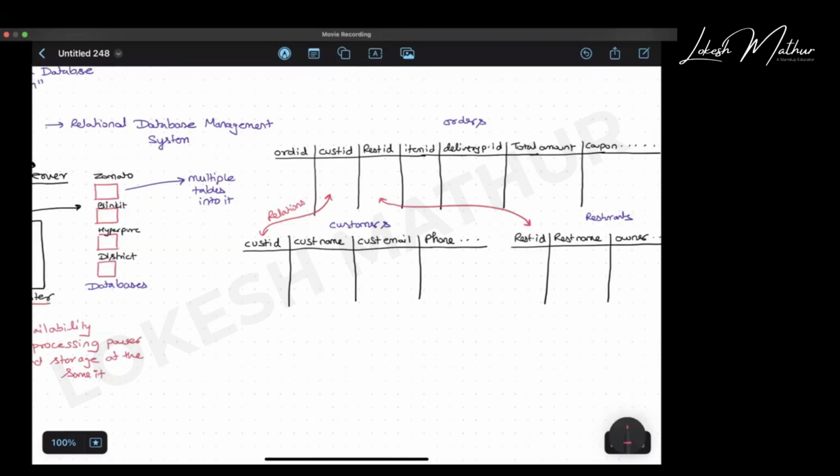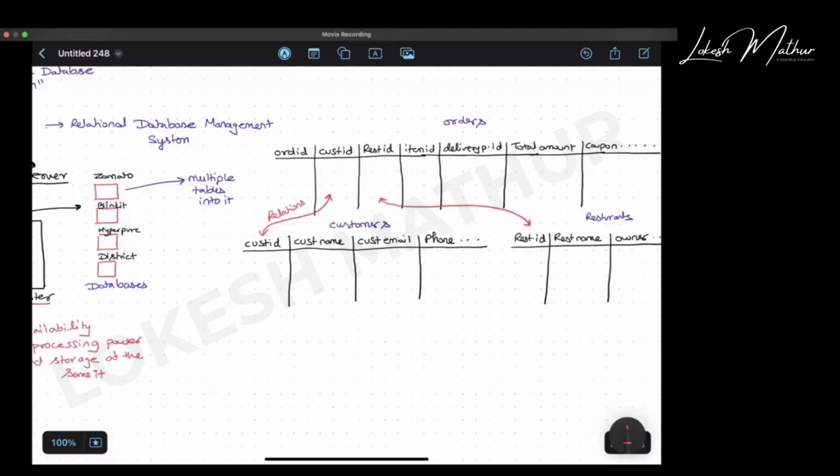So now I have a Zomato folder, which is a Zomato database that will hold all the tables associated with that company. And these are known as the tables in a database. And all these tables are related to each other with a relationship. And this is known as your relational database management system.